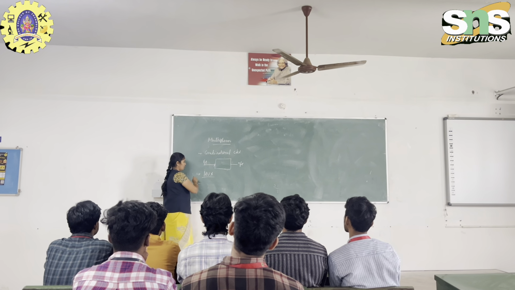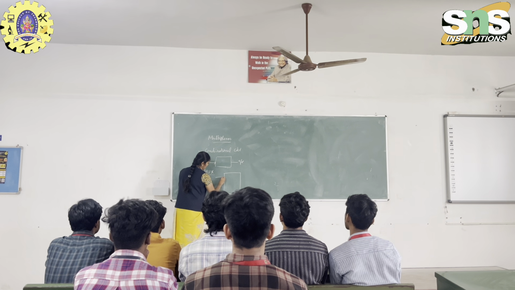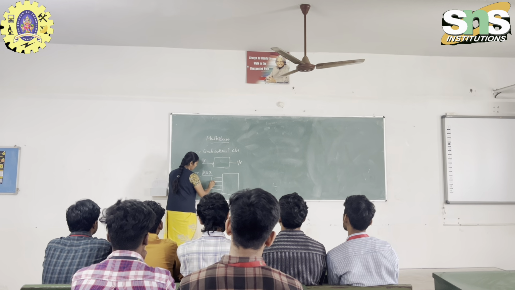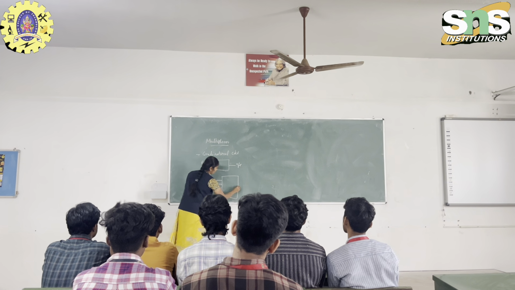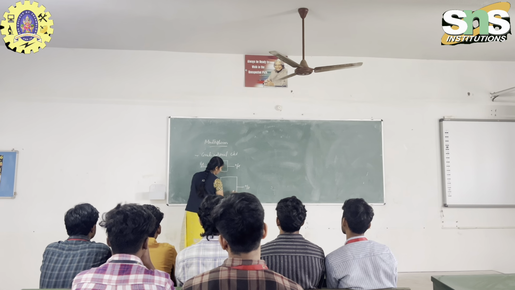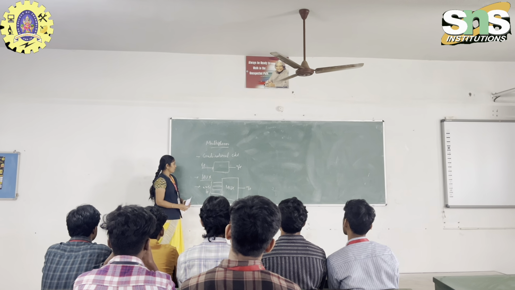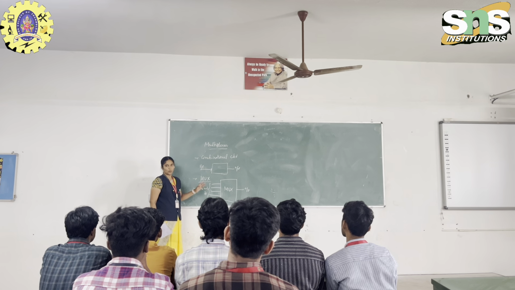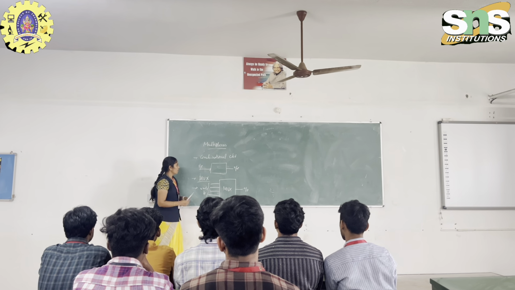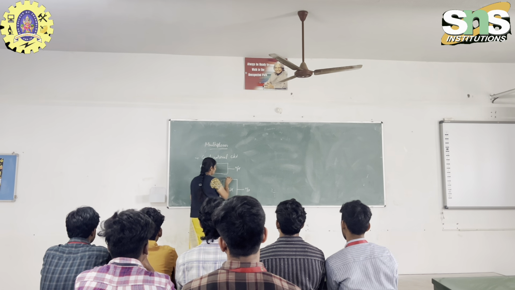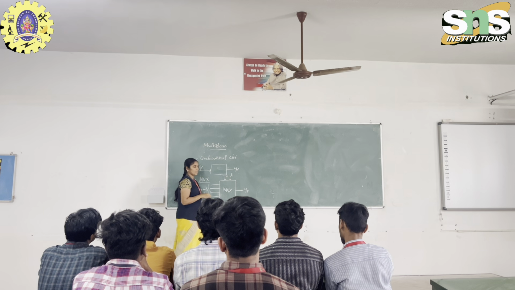This mux has a block diagram with n number of inputs and only one output. So this is the block diagram of a multiplexer. This multiplexer can be divided into 4 to 1 multiplexer, 8 to 1 multiplexer, and also 16 to 1 multiplexer. The multiplexer has selector switches, S0 and S1.